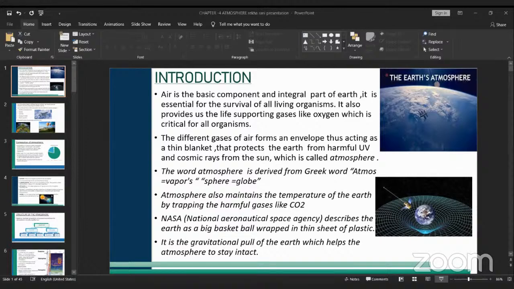Write down the characteristics of the planetary winds. Second question, define land and sea breezes. Third, mention the important cold and hot winds. Fourth, write a brief account on seasonal winds. If you have any doubts about this, you can call me or you can ask your teachers.